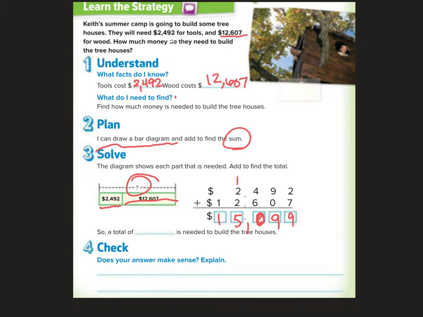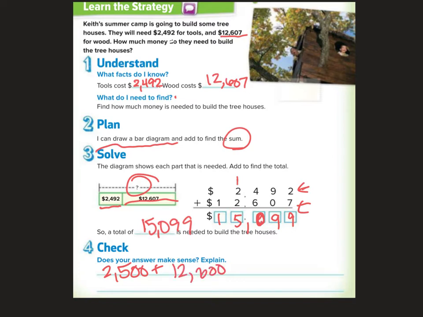Yikes, that better be a pretty nice tree house. Oh my goodness, $15,099. Okay, does your answer make sense? So this is where we have to prove it's reasonable. So I'm going to prove by estimating. That looks like about 2,500 plus, and that one's going to be